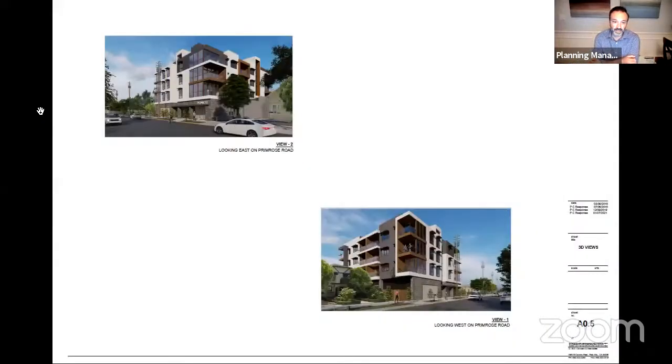Yes, this is an application for environmental scoping, design review, special permit for architectural features extending above the maximum building height, and lot combination for a new 14-unit multifamily apartment building with at-grade parking at 123 to 135 Primrose Road, zoned HMU. The applicant is proposing to combine lots 2B and 3 to create a single lot that totals 10,716 square feet. The existing single-story office building at 123 Primrose Road would be demolished.